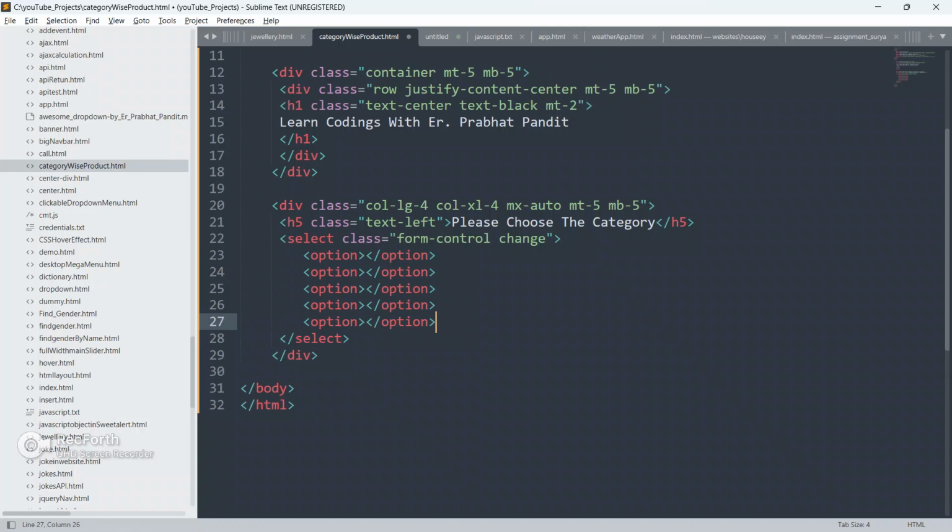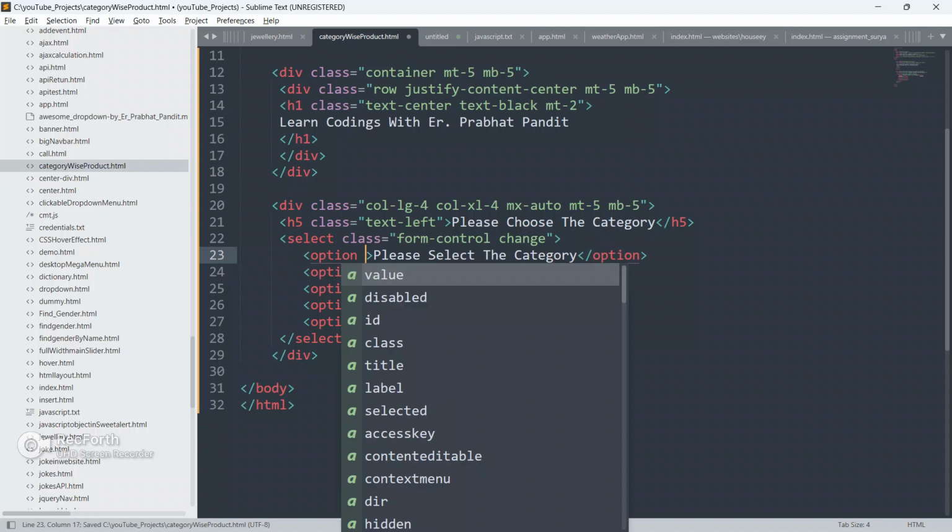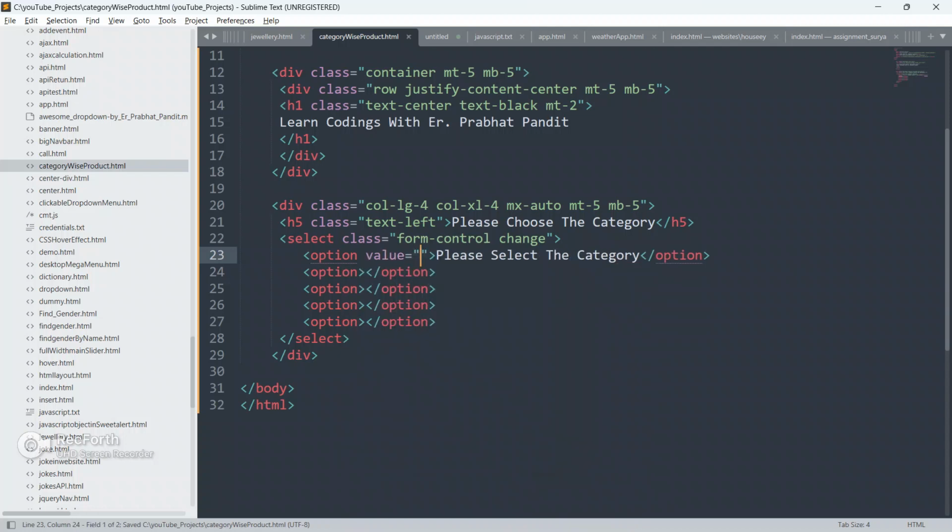Okay, so give please select the category. Give the value as blank, empty. Copy this value from here, it will save a lot of time, and paste it here, paste it here also, and paste it here also, and paste it here also.